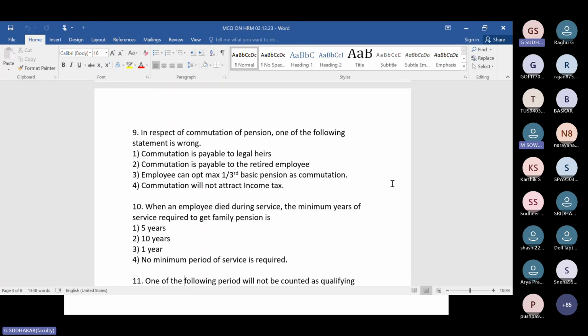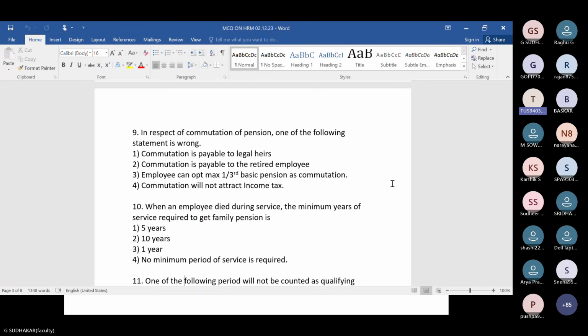Okay. 10th question. Excuse me, sir. Is the list where GTIS will play a role, right? That will be given. So all amount will be given to the legal heirs. Only the GTIS will be covered in this. Correct. Okay. Sir, can you please explain what is the basic idea why this commutation of pension facility is